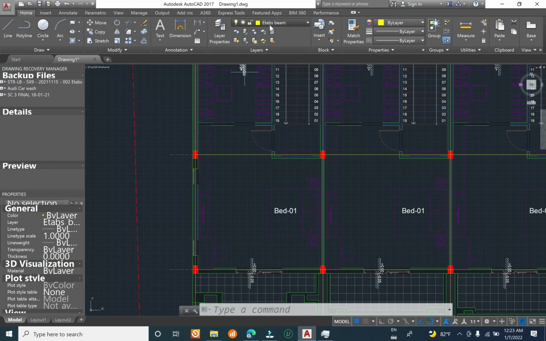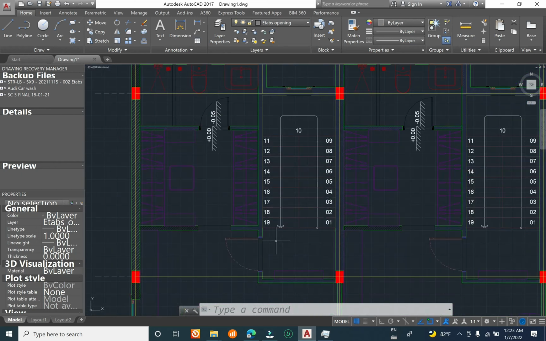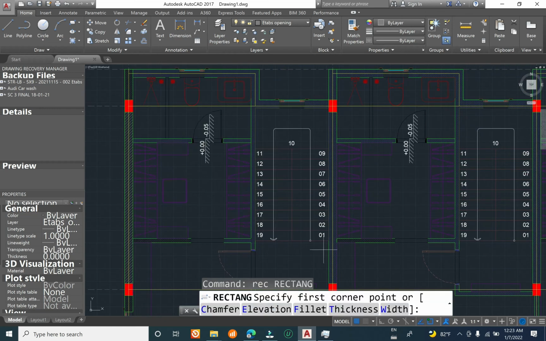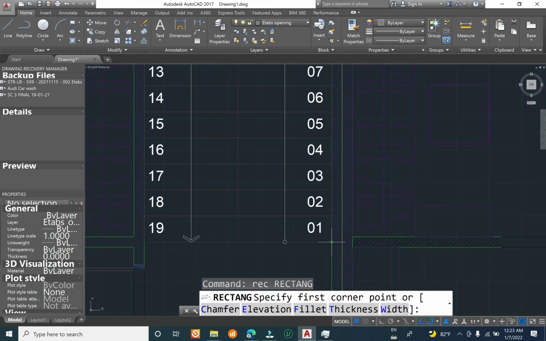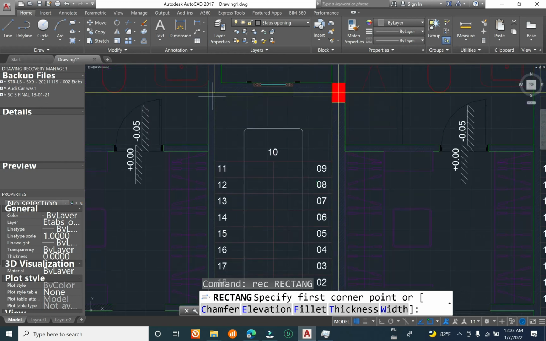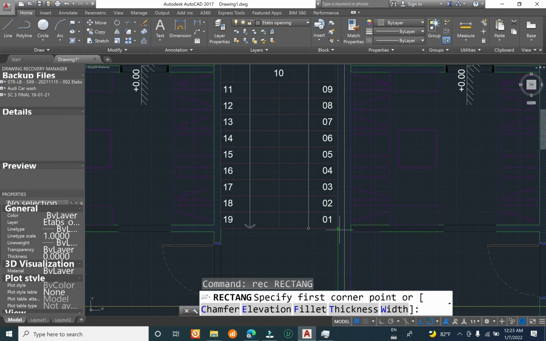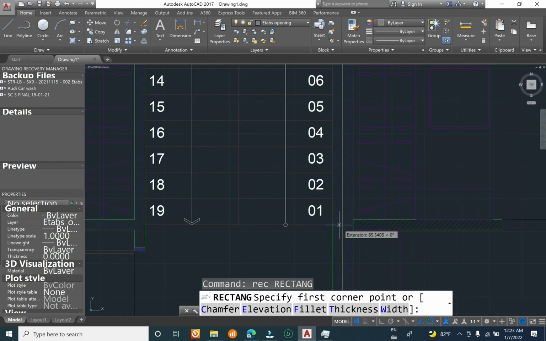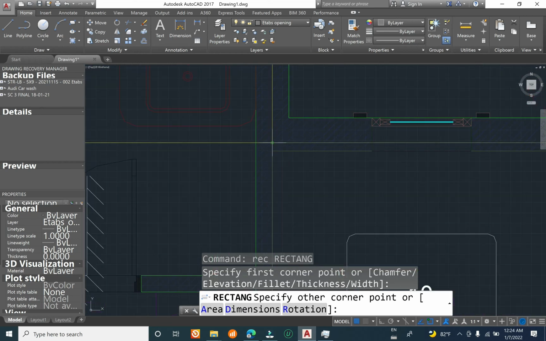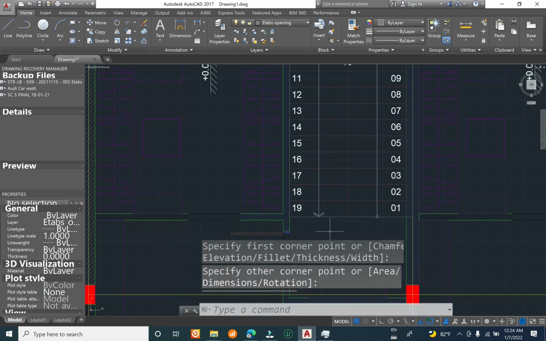Okay, the change from the beam layer to the Etabs opening. Now you see here it is the opening for the stair. Now I have to define by rectangular, but we do not define the opening from the boundary outside of the wall to the inside of the wall, or if we avoid the error, we have to define from the line of beam. Okay, to other side of beam. Okay, in the case we have to define here, and now we have to copy